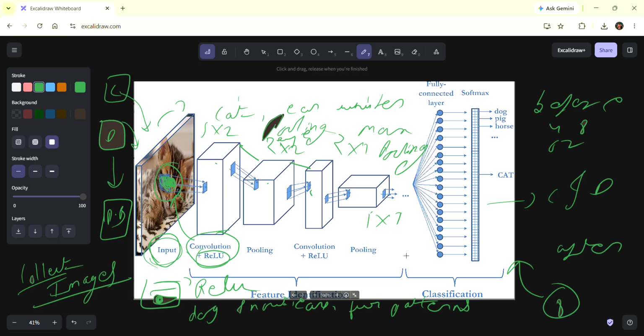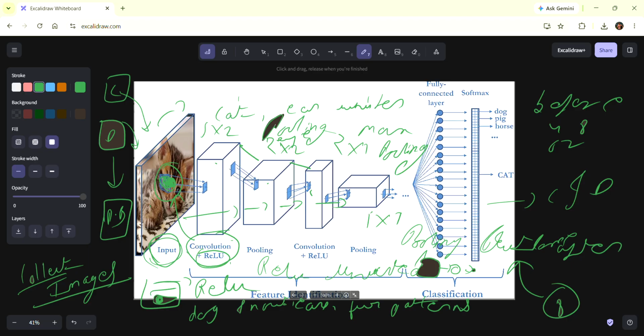Right? Now, guys, we are done with the input, we are done with the convolution, we are done with the ReLU. ReLU is going to remove the unwanted things, that we know. Good, that's fine. Pooling is going to reduce the image to make sure that you get the proper outcomes without any problem, right? Next one is what? The process is repeating. You can see the process is repeating, guys: convolutional plus ReLU, then pooling, then convolutional plus ReLU, then again pooling.